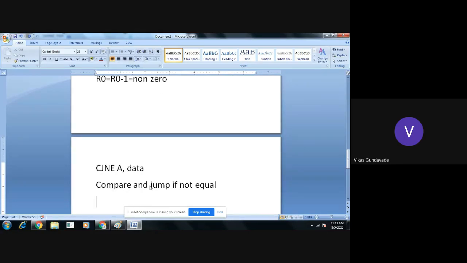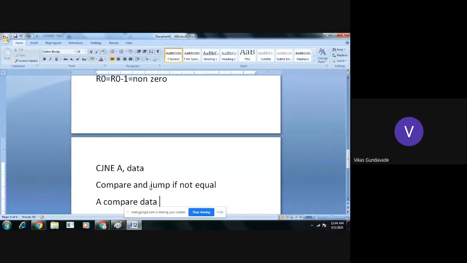Whatever data is provided in the instruction will get compared with the accumulator, and if both are not equal, then the jump will take place, otherwise it will execute the next instruction.